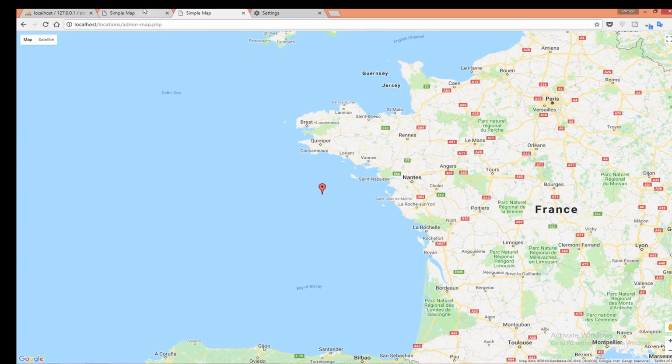Let's go again to the user map and refresh. The marker appears on the user map, and if I want it to disappear again, I will go to the admin and press the marker and uncheck the confirm location, press save, and for sure it will disappear from this